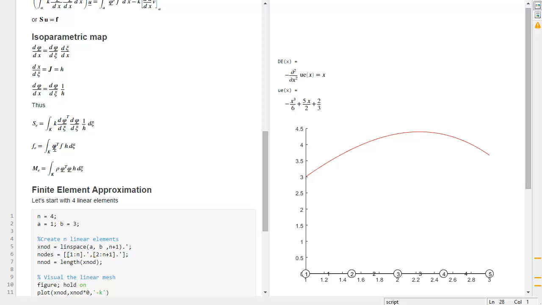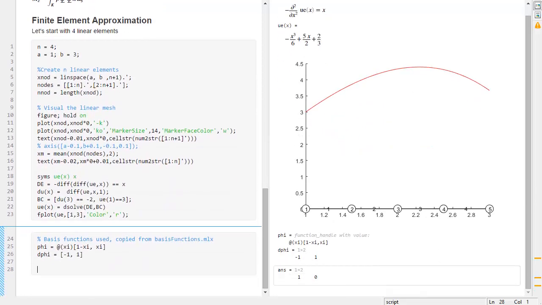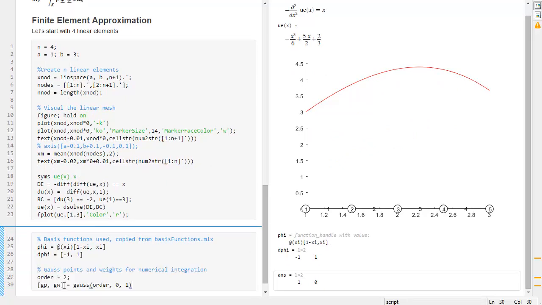And here we have a linear function multiplying, and we don't have a mass matrix. So we just have these two here. So that means that the highest order of our polynomial is going to be 1. That means we can utilize first order Gauss. So I will just copy again. We will utilize the Gauss points and weights for numerical integration, the Gauss function here. So the order is going to be 1,